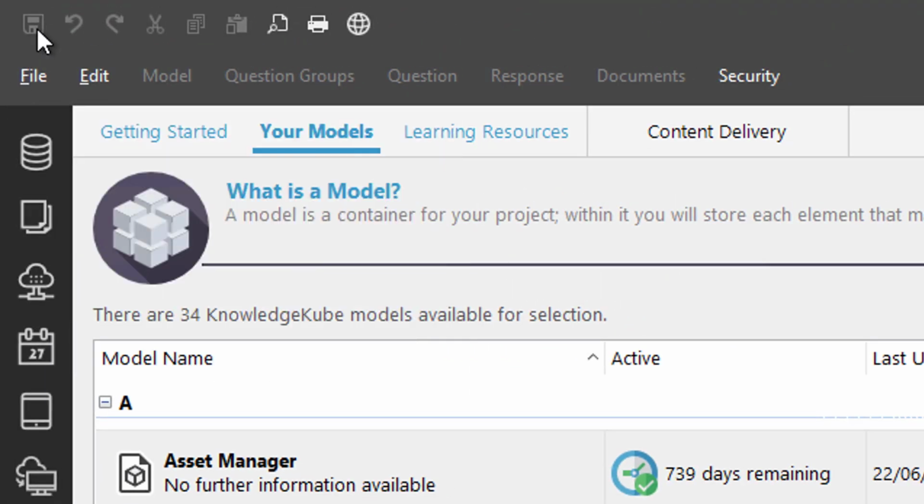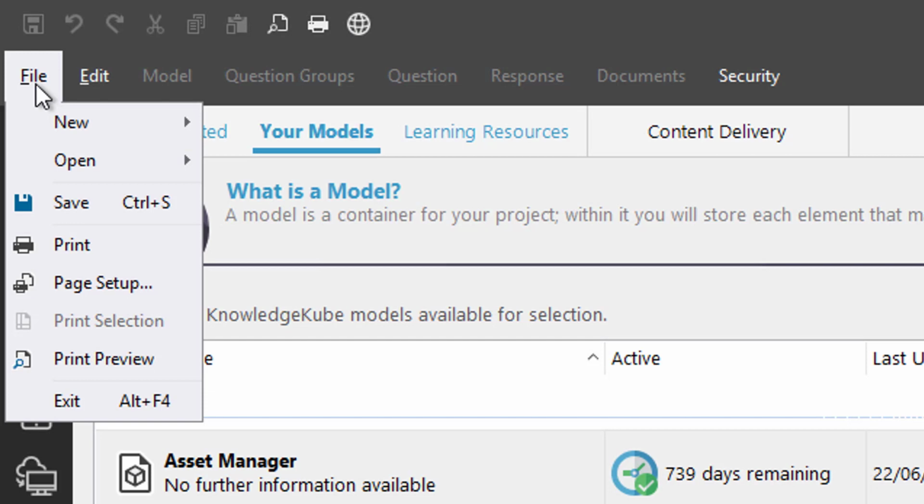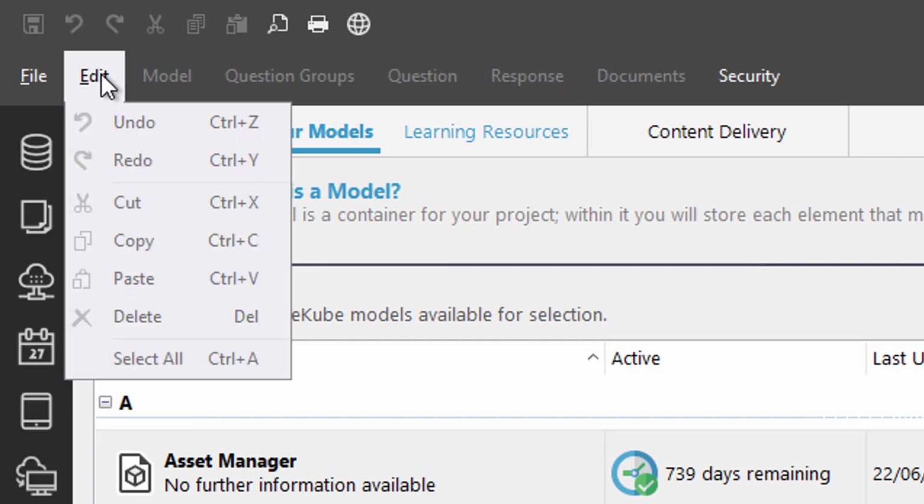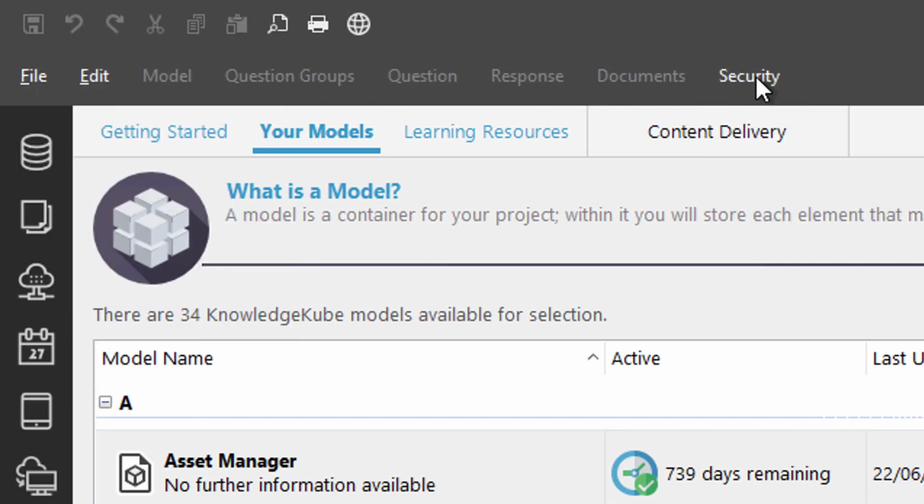At the top of the window is the quick access toolbar and the menu bar. The options found here generally relate to the type of content you are working on at the time, for example letting you print the data on screen or examine a preview of the selected model. Options that are not relevant to what you are currently viewing will be deactivated temporarily. You'll find these bars at the top of several other windows in KnowledgeKube, so using them will soon become second